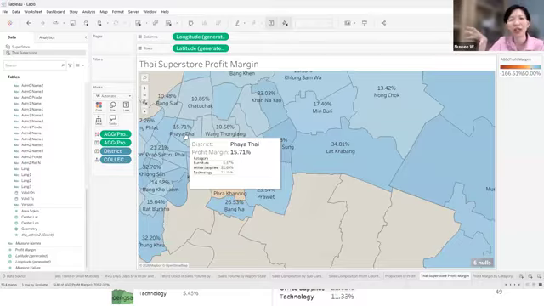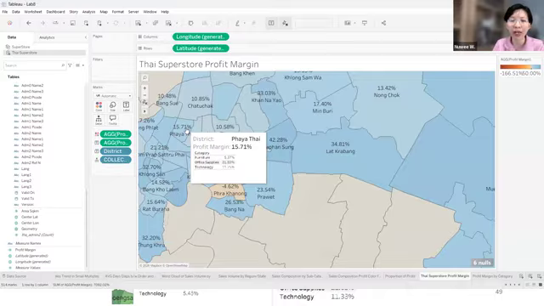Okay, so that means you can add more information into your map using the tooltip, because you don't have the place to add more information. The information that you add to the tooltip will be auto-filtered by the area of that tooltip. For example, in this case if I hover over Phaya Thai,